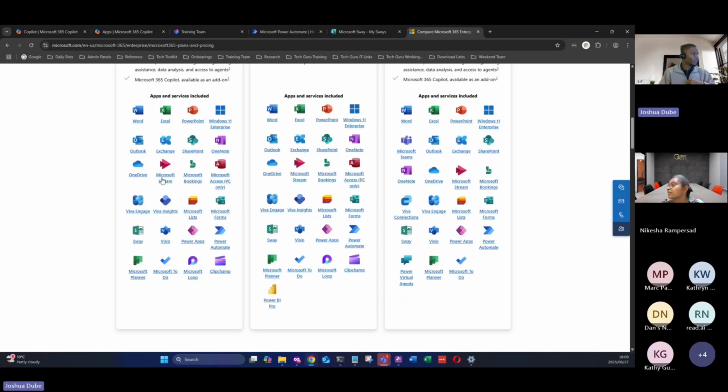Microsoft Stream, I'll just touch on it and make you aware that it is Microsoft's version of what everybody else seems to be using at the moment, which is Loop. It is a built-in video creator that you can create short videos with, that you can present, and you can send them to your teams. So if you're doing a very short training or you want to explain something, this is a great tool to